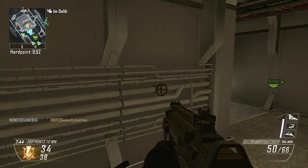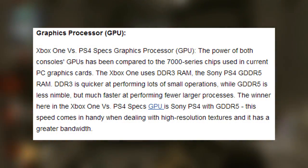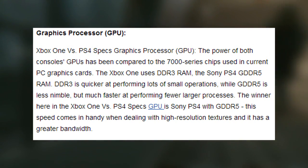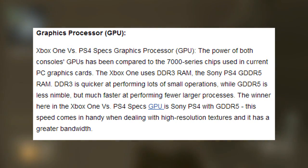Now let's move on to the graphics processor, GPU. Xbox One versus PS4 again. The power of both consoles' GPUs have been compared to the 7000 series chips used in current PC graphics cards. The Xbox One uses DDR3 RAM, and the Sony PS4 uses